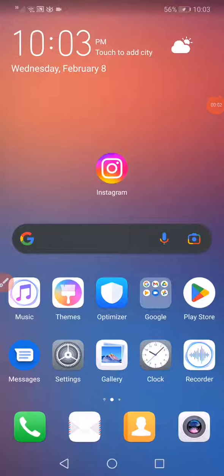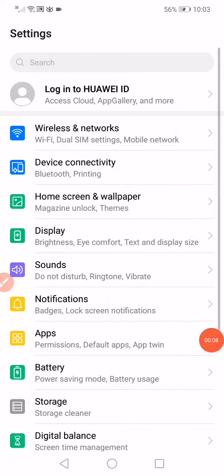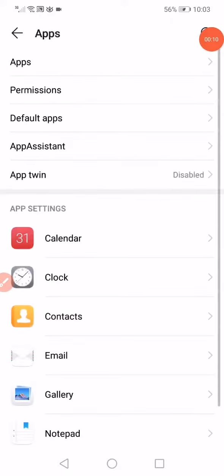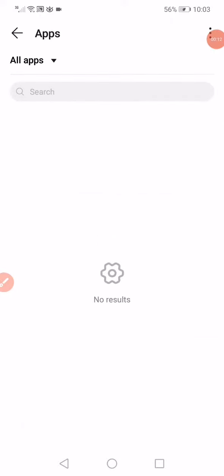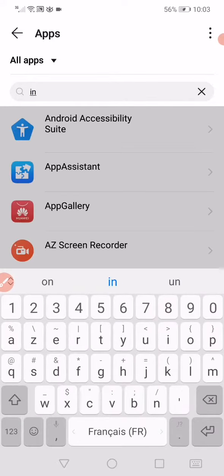How to fix Instagram story problem easily and fast. First thing, open the settings on your phone, go to the apps manager. When you open the apps, now all what you want to do next is very simple. Just wait a few seconds, and after that, just search for Instagram